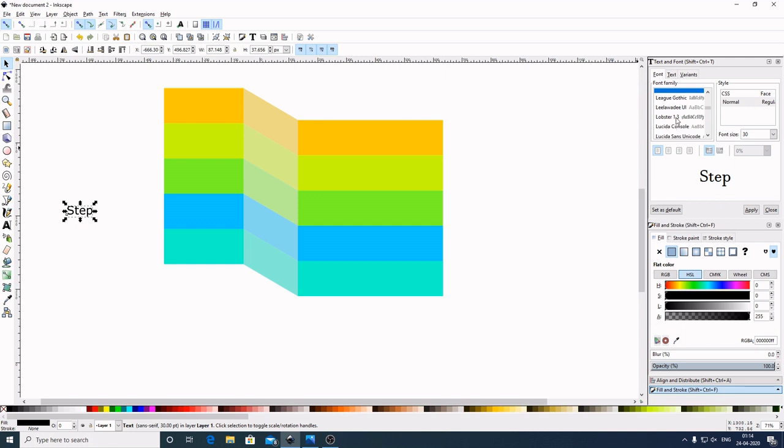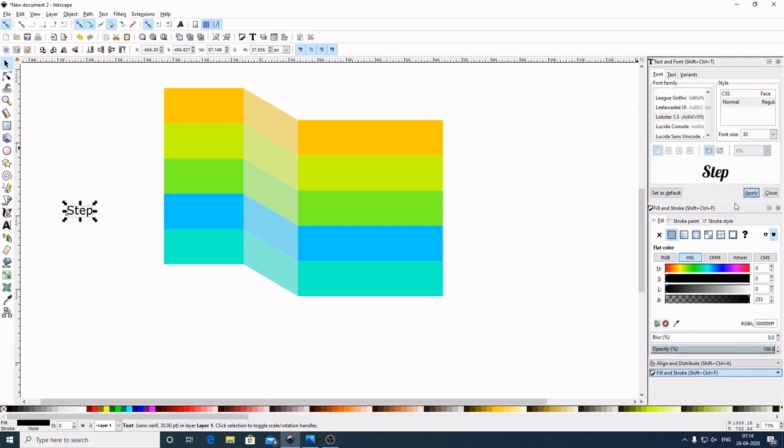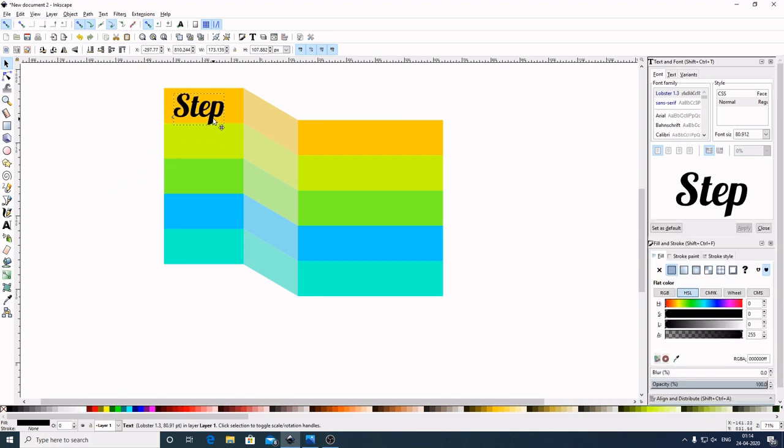I will use this Lobster 1.3. Apply. Now by holding Ctrl and Shift in the keyboard, I will drag this outward to make it bigger. If you want this font, you can check the link in the description below.